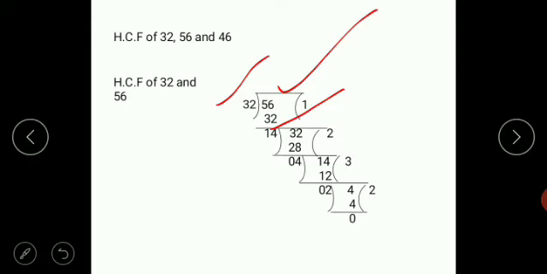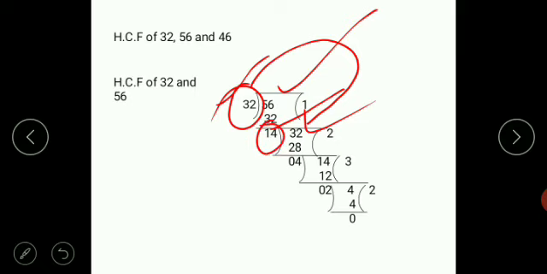And in the next step, what is the next step? The last divisor 32, that will be your next dividend. And the last remainder you got is your divisor. Okay, now so 14 is divisor and the last divisor is your dividend, that is 32. 14 ones are 14, that is less, so 14 2s are 28 we have to take. 32 minus 28 is how much? 4. So remainder is 4. In the next step, what you have to do?